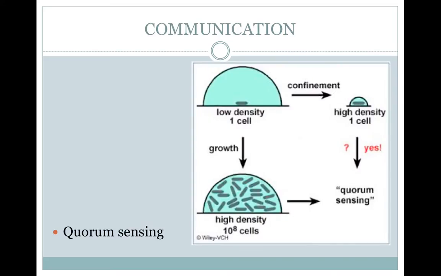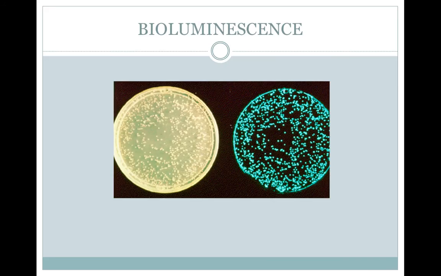Bacteria do have ways of communicating. They can send and receive messages. Bacteria can release chemical substances that are sensed by other bacteria of the same species. For example, they can announce their availability for conjugation, or they can monitor the density of their population. This density sensing technique is called quorum sensing. Like fireflies and many other organisms, some bacteria can emit light by a process called bioluminescence. This is a complex enzyme-catalyzed reaction that requires ATP and causes the emission of light, but not heat.